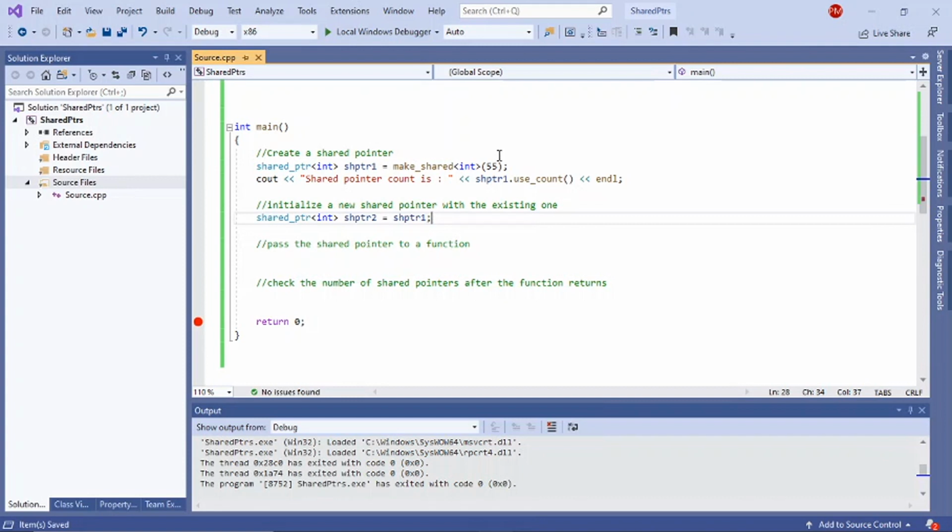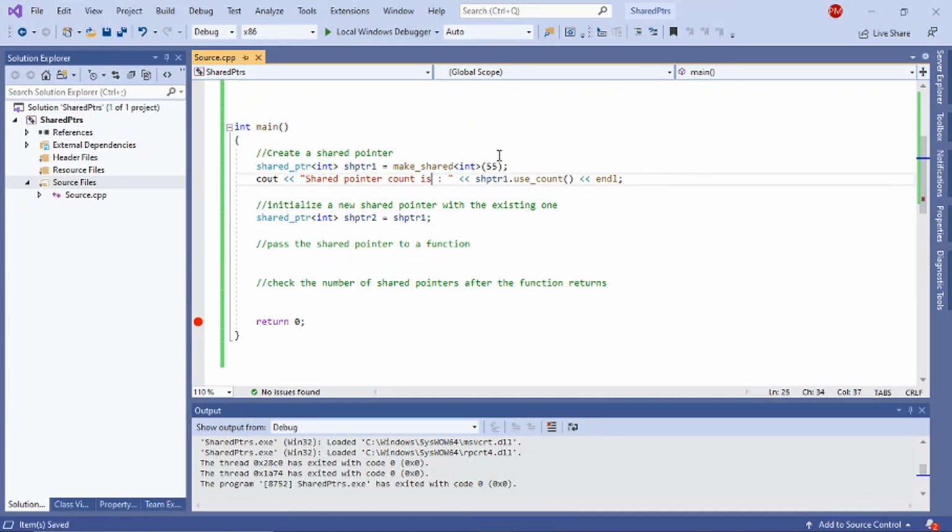All right, so what do you think would happen? Since this shared pointer is also pointing to the same location as shared pointer 1, we have two pointers now pointing to the same memory location. So the reference count would have internally increased, and the count would now be,